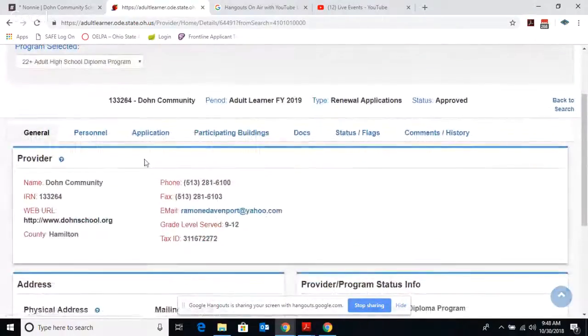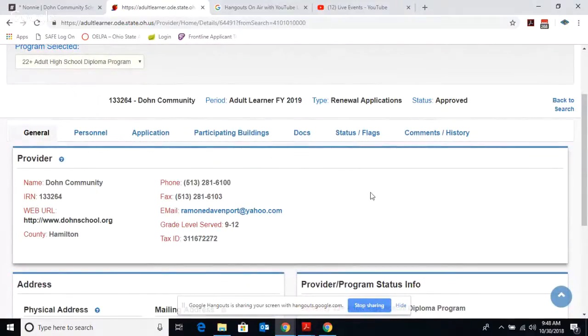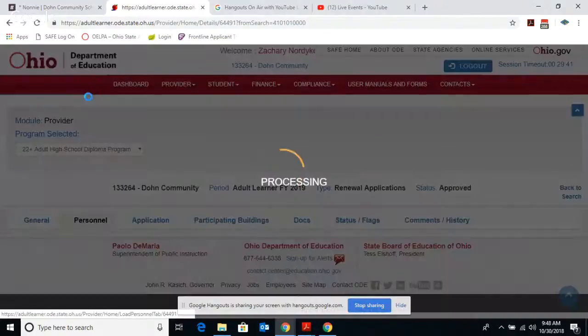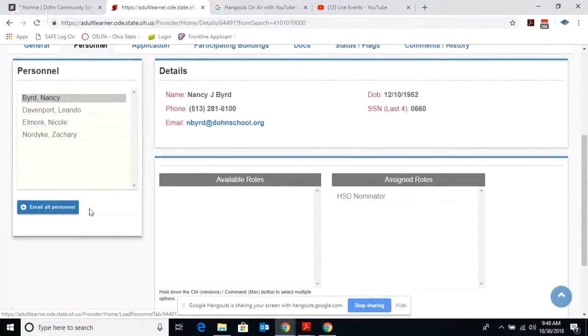You should see these tabs: general, personnel, application, participating buildings, docs, status, flags, comments, history. This is what you'll see with general. It's not a huge to-do. It's kind of auto-generated. Under personnel, it's important that you see at least one personnel that has this HSD nominator status. If you don't see it,